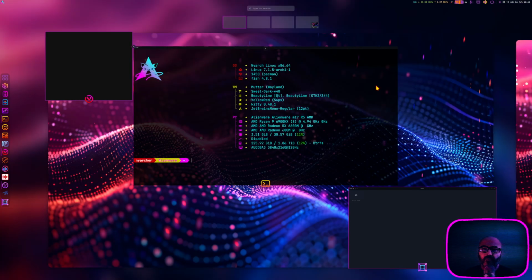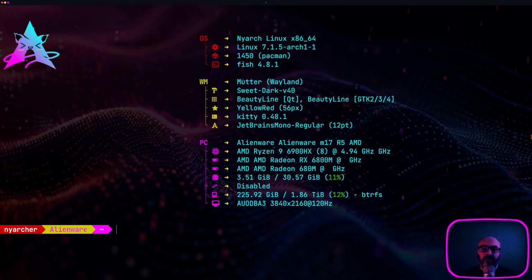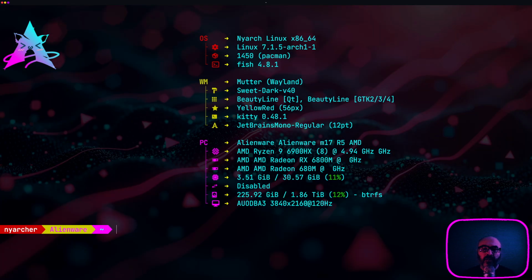And let me show you the system information using the terminal. Here we are. You can pause the stream, or when the video is available on my YouTube channel, you can pause the video. Just pay attention to the screen resolution, which is full 4K at 120 Hz, 3840 by 2160. However, today I'm recording and streaming downscaled in full HD 30 FPS. And with these things out of the way, as you can see, I'm on Nyarch Linux still.